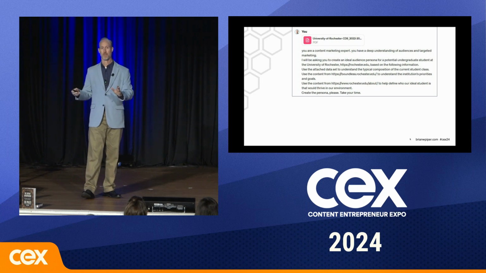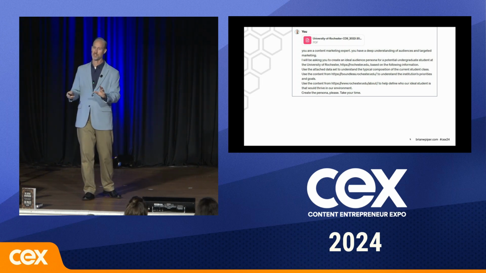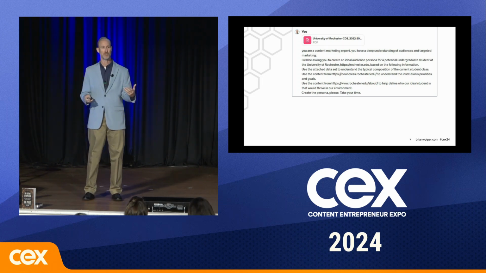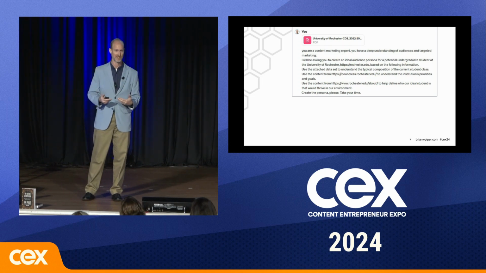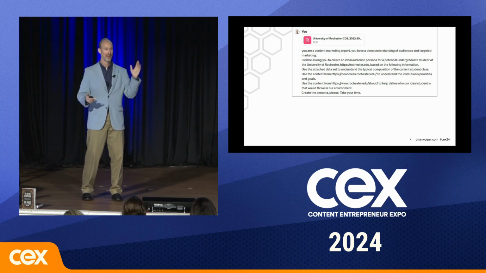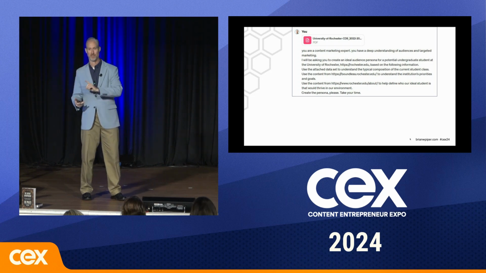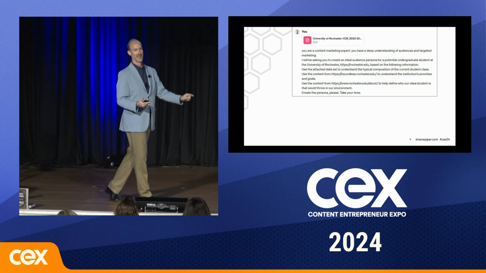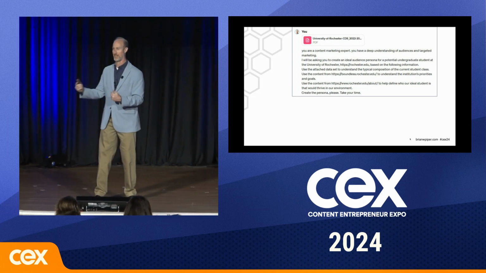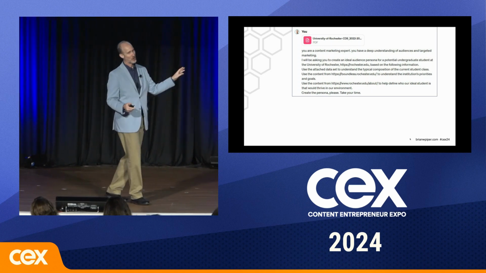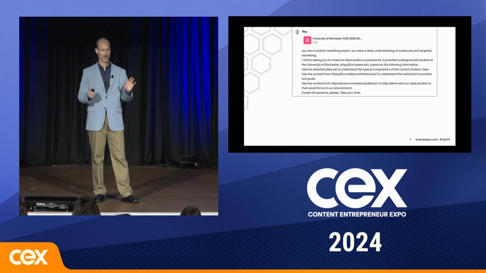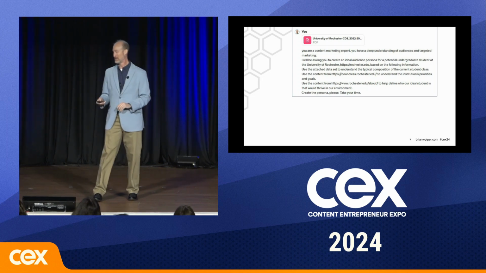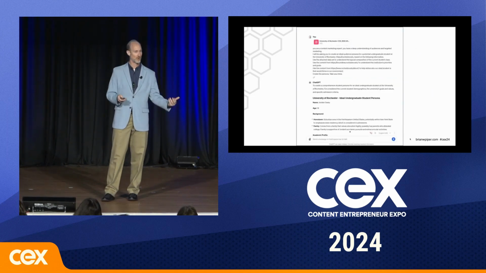Take your time. I always ask the model to take your time because it's been shown that it actually gives you better output if it has longer to process and it's not trying to rush through it. And I always say please, because when the robot overlords take over, I want them to remember that I was at least polite to them. Unless they go far enough back to look at the way I talked to Alexa when she was giving me really bad answers. But it puts out a pretty good usable base model persona.